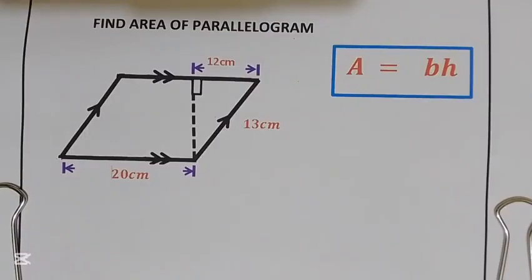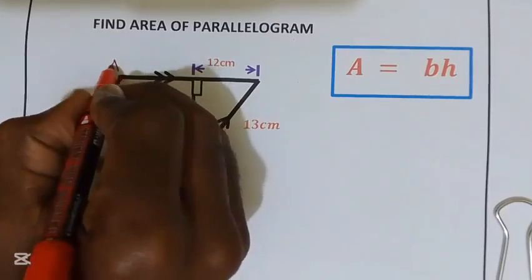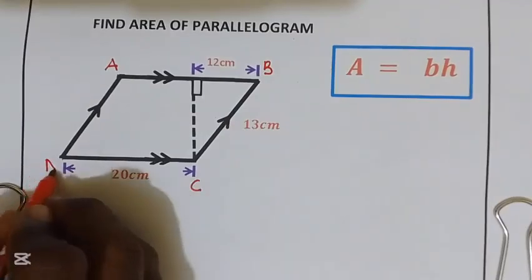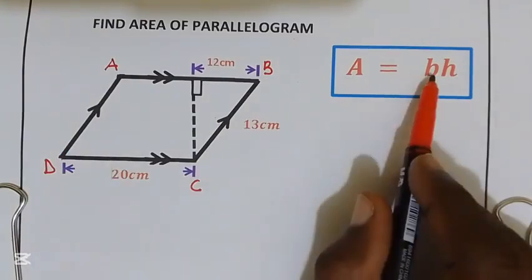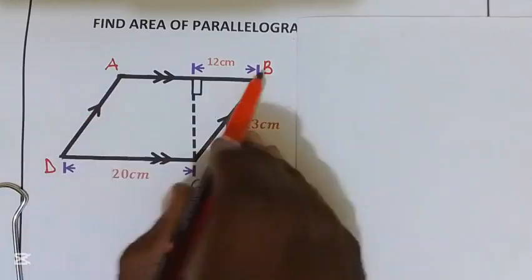Let us find the area of this parallelogram. I'm going to call it A, B, C, D. We know the area of a parallelogram is given by base multiplied by height. They have given to us line AB